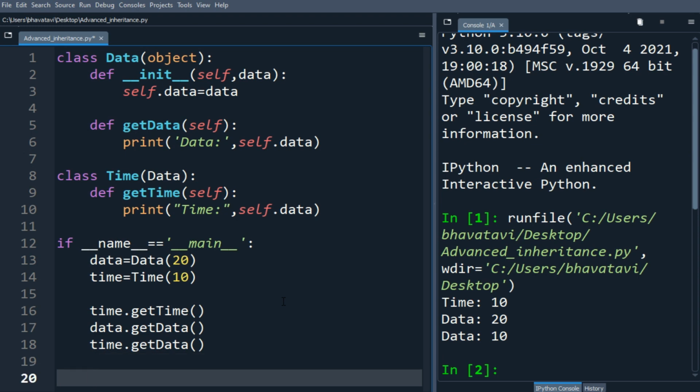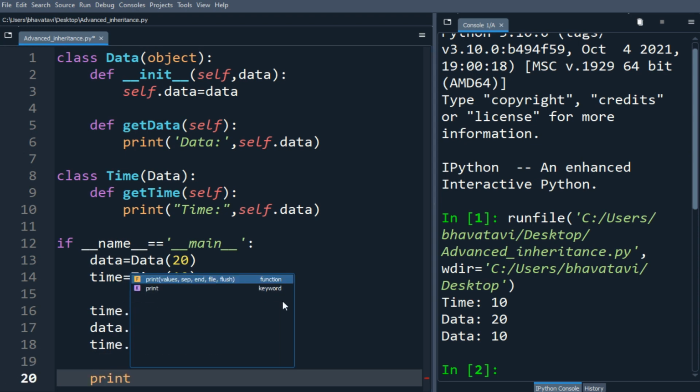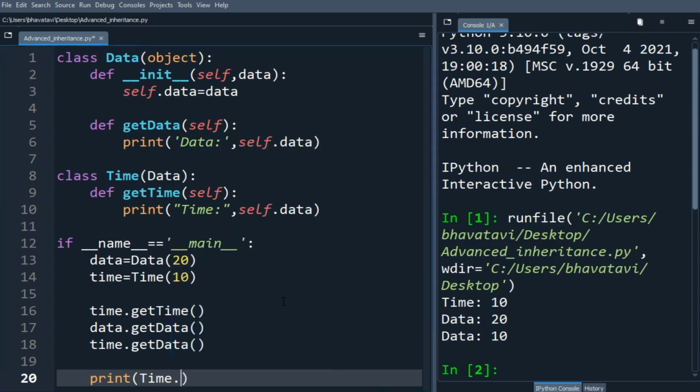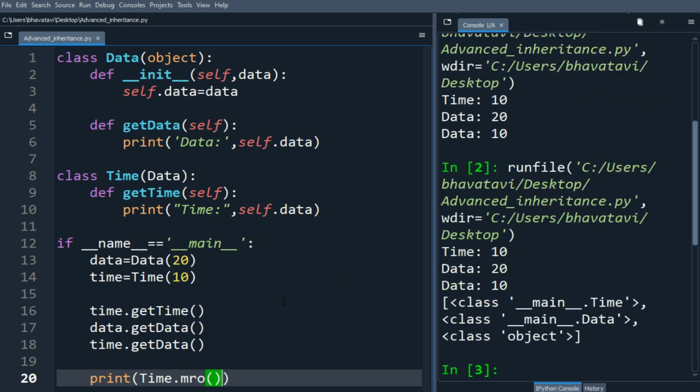Now we'll print the MRO function: time.__mro__. Okay, so let's run it. So you can see here